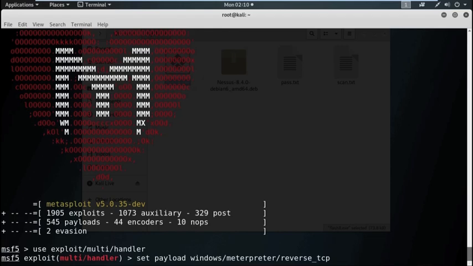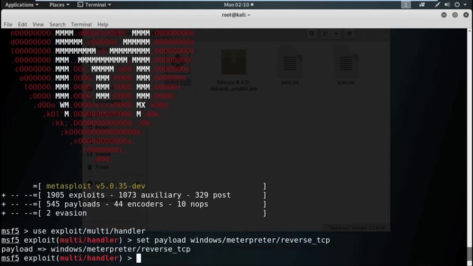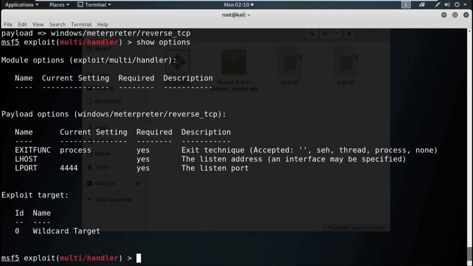So, we use the payload windows/meterpreter/reverse_tcp. Now, by using the show options command, we can check all the options we need to set under this particular payload. So, we need to set LHOST.